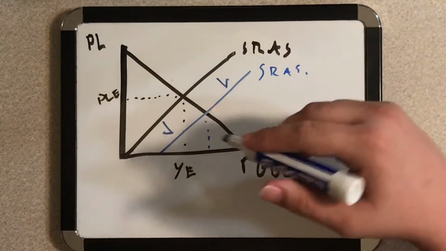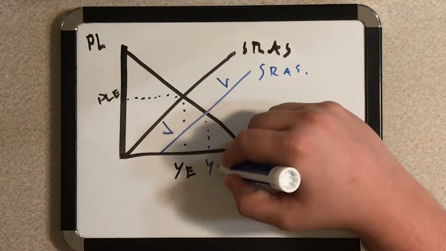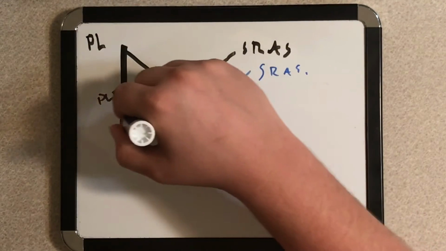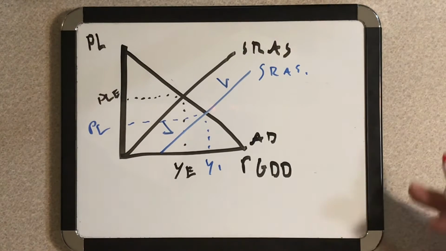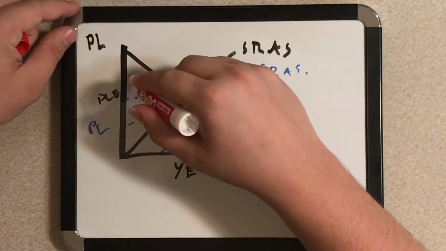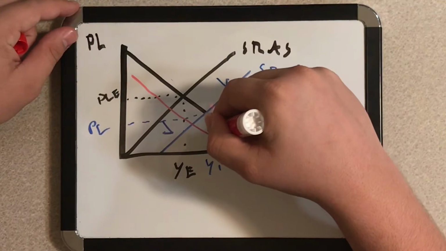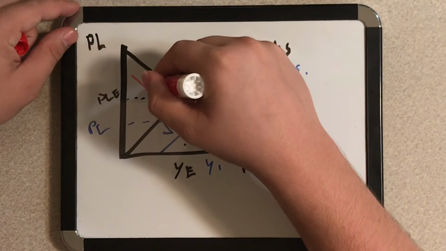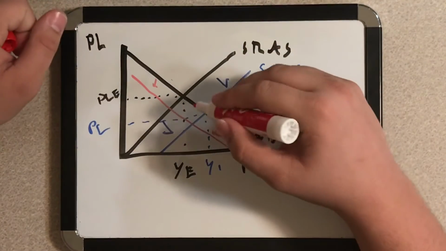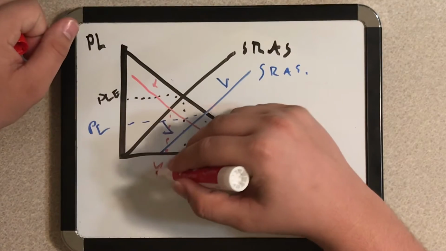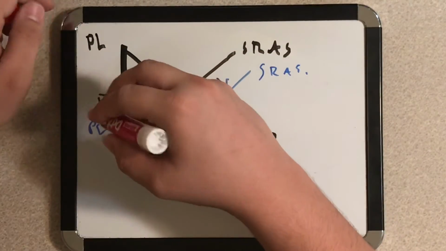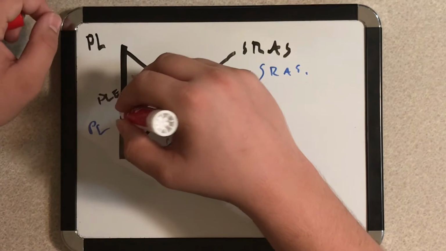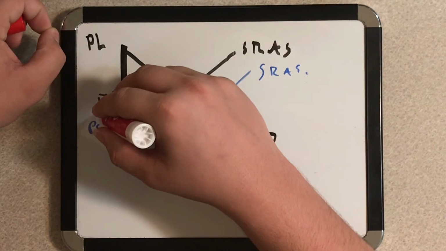Which would cause the GDP to increase and the price level to decrease. This would also cause aggregate demand to decrease because there's more supply, so it has less value and people have less need for it. So aggregate demand would decrease, so would GDP, and price level would decrease also, but it would be above the previous one we just did.